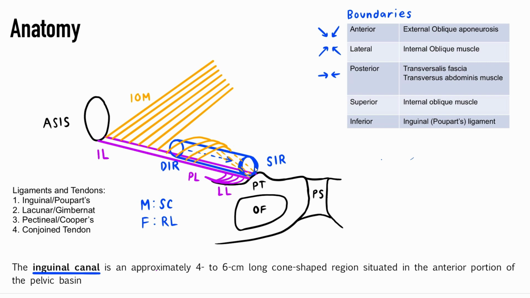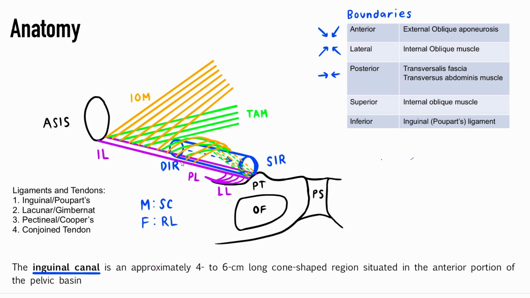So they run over the canal to its posterior and connect to the pubic tubercle. Deep to the internal obliques are the transversus abdominis muscles. They also originate from the inguinal ligament, but now stretch along the lateral third. Most of these fibers also go to the midline to help form the rectus sheath, but some of these fibers